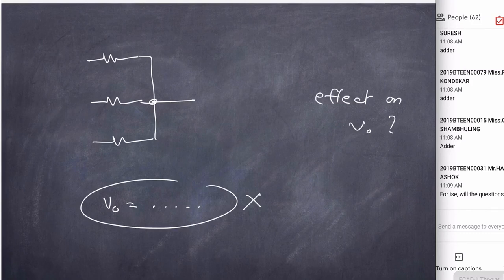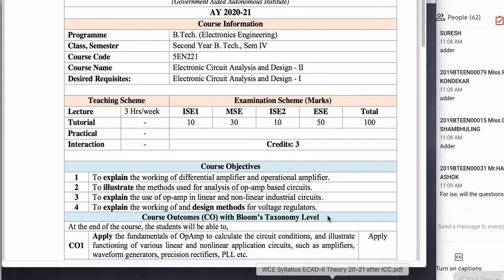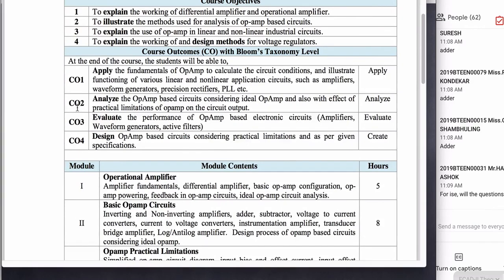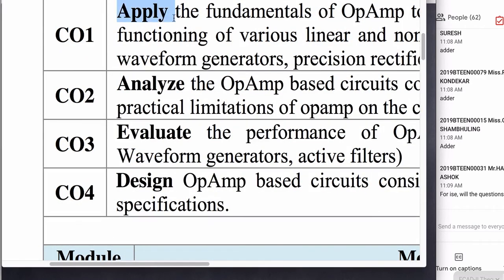Yes. For ISA also the question will be similar, because the whole idea is to go to apply level and analyze level. Okay, all of us wish to test how far we are able to apply what we understood or learnt, and whether we are able to analyze the given situation or circuit. यही करना है ना. That's why we have written here. आप समझो हम ये क्यों कर रहे हैं. It is not to trouble the students, but देखो इधर हमारा कोर्स आउटकम पहला अप्लाई लेवल का और दूसरा एनालाइज का है कि नहीं है.